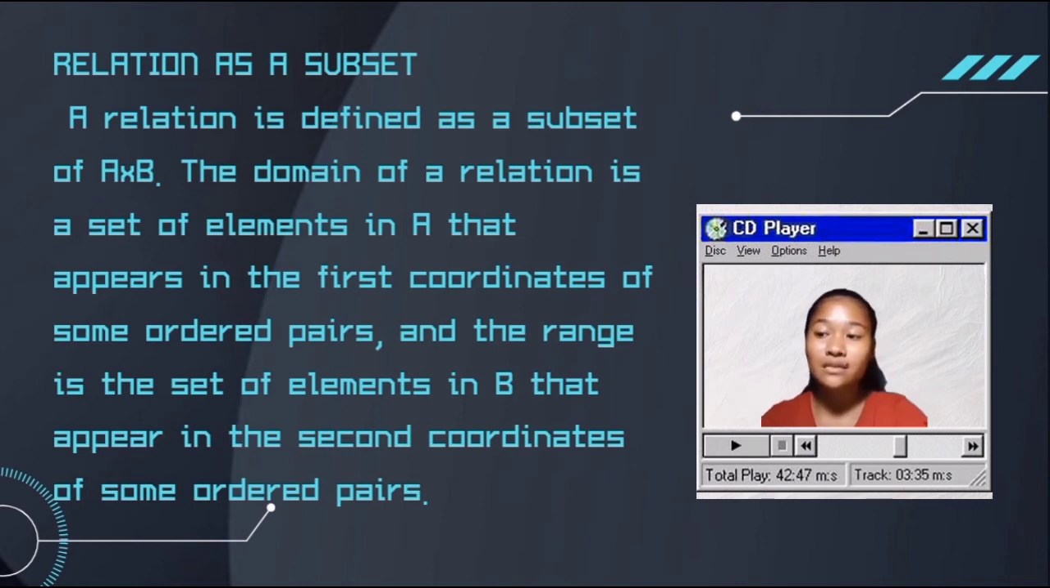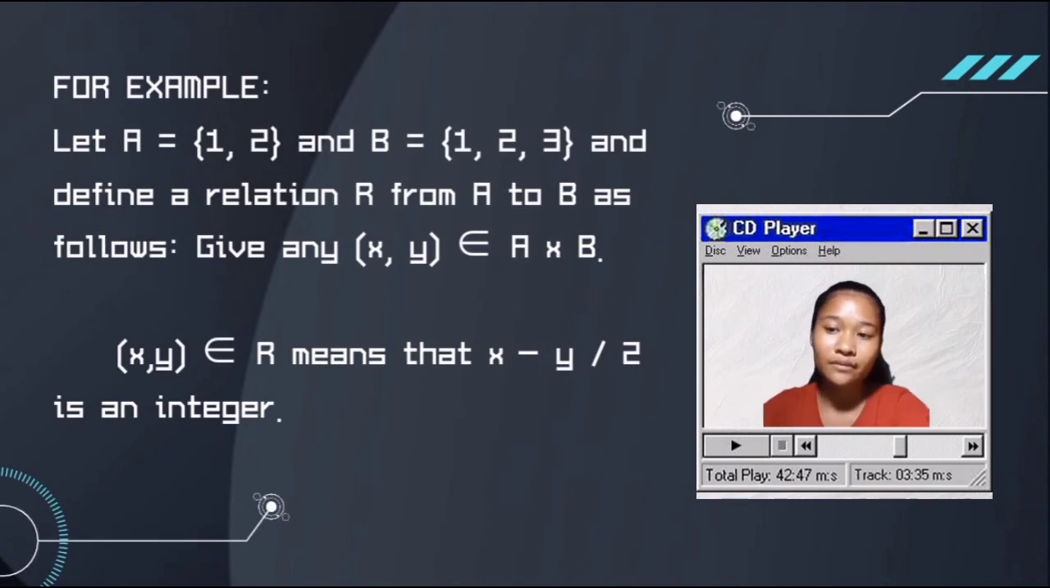My topic is about the relation as a subset. A relation is defined as a subset of A cross B. The domain of a relation is the set of elements in A that appear in the first coordinates of some ordered pairs. The range is the set of elements in B that appear in the second coordinates of some ordered pairs. For example, let A equal 1 and 2,